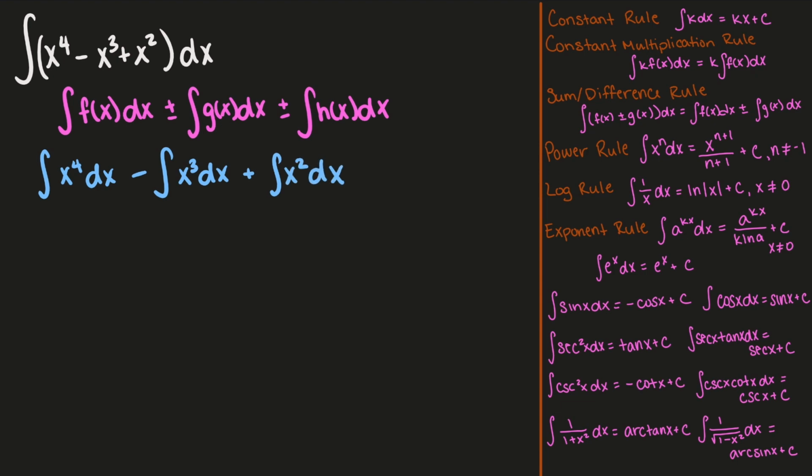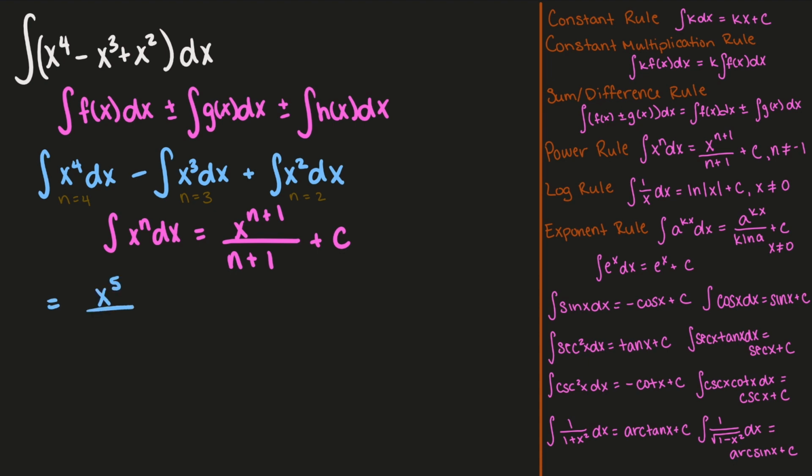Now we can use the power rule. We can say for each of these, the integral of x to the n dx is equal to x to the n plus 1 over n plus 1 plus c. For our first term, n is equal to 4. For our second term, n is equal to 3. And for our third term, n is equal to 2. So this will become